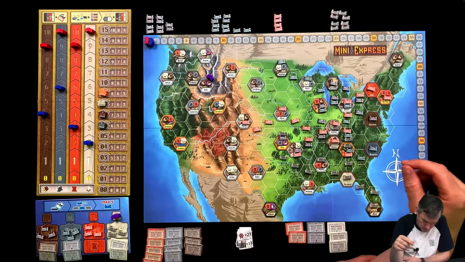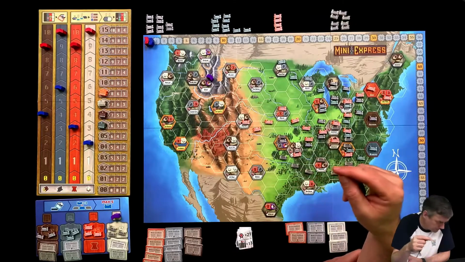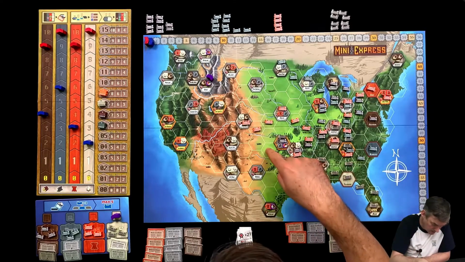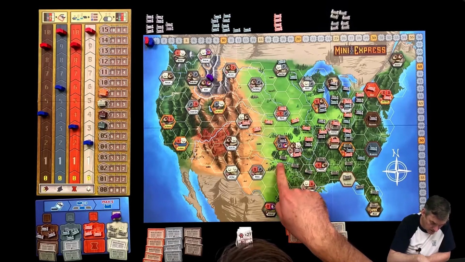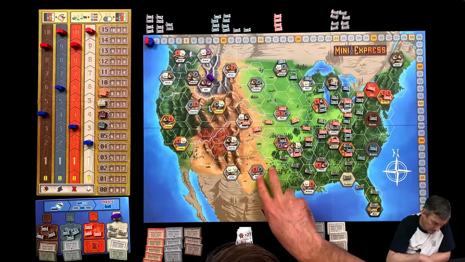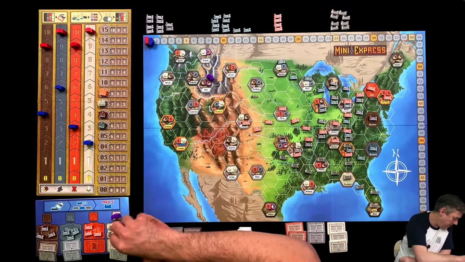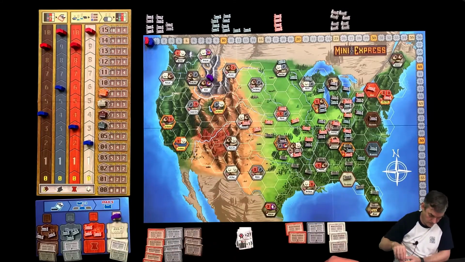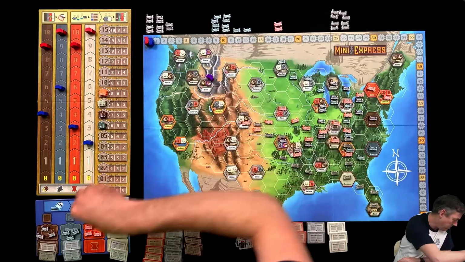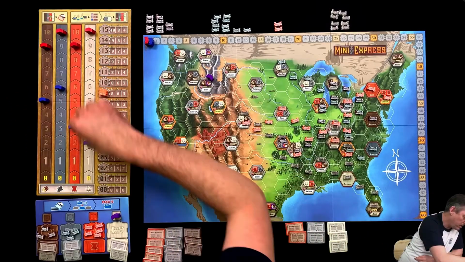So I kind of want to build 3 rails for white now. There's a route to Denver for white that uses all 3 trains. I can't go 1, 2, 3 to Odessa because there's a shorter route here. Yeah, you don't have to go from city to city. You can branch the line off, so that would be 2, so I'd have to use that. So I'm going to go 1, 2, 3 up there to Denver. So 1, 2, 3. So 2 compensation to orange, which is neither here nor there really. I get 1 wood and 1 cotton,